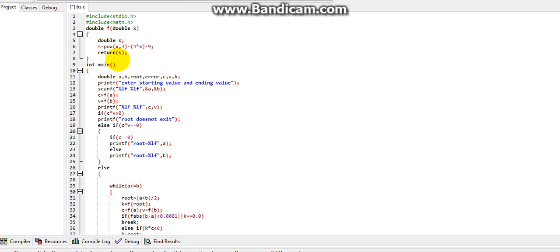So our function is x cube minus 4x minus 9. So we have to find a root in a given range for this equation. Now the return type of this function is double. So this basically returns the y value corresponding to an x value, as if you remember y is equal to